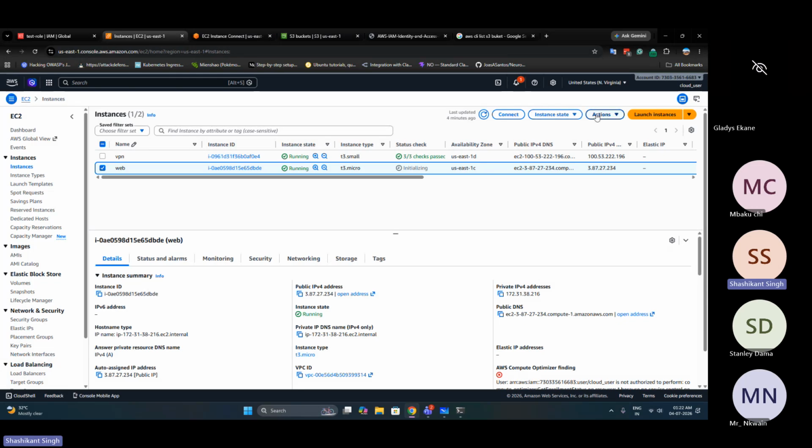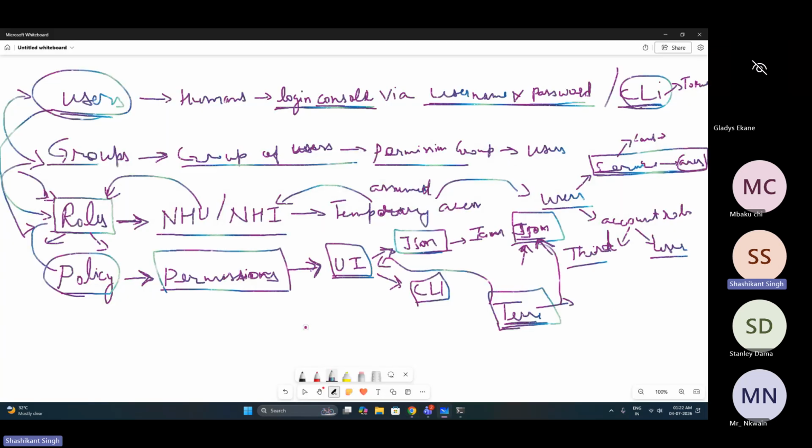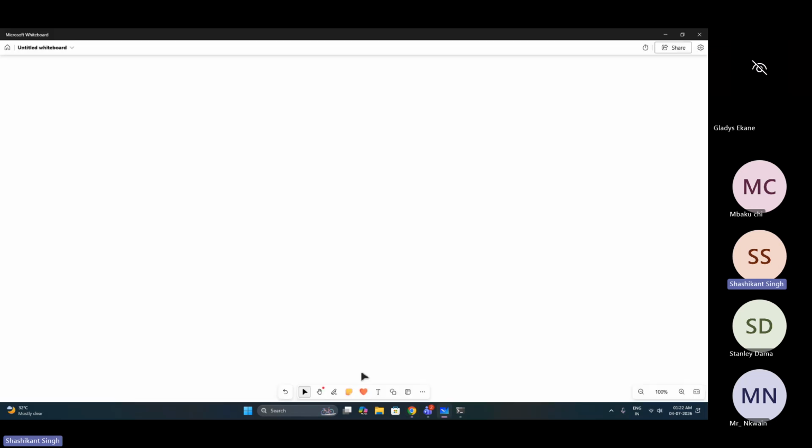Even if I remove the role, it will still not be able to do it, because, as I said, if you remember, in AWS each service is isolated from the others. You cannot access one service from another service. For example, I'm on the EC2 instance. This is a service, right? This is an